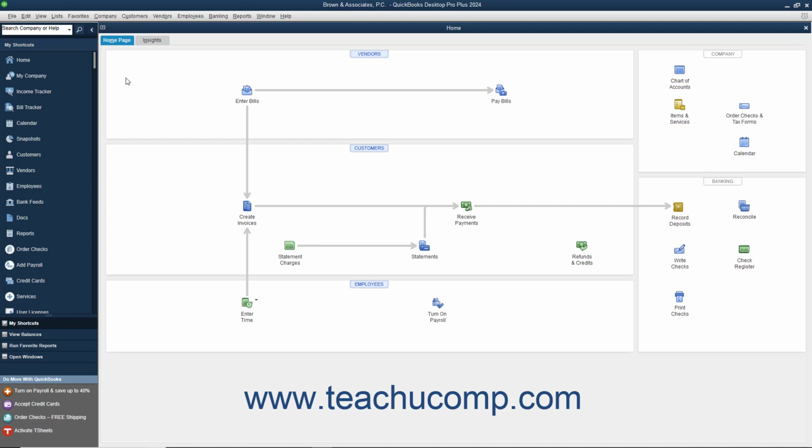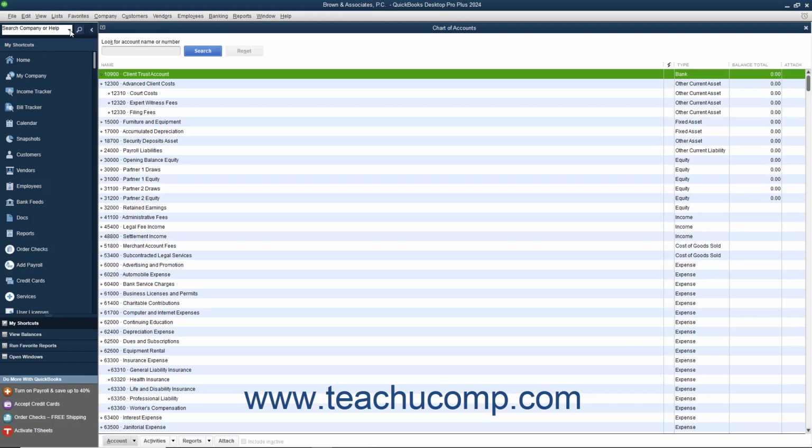You can use up to 7 digits within your account numbers, although by default you receive 5-digit account numbers. QuickBooks uses the following standard numbering convention that you should adhere to when creating accounts. Assets appear in the 10,000 to 19,999 range. Liabilities appear within the 20,000 to 29,999 range. Equity accounts appear in the 30,000 to 39,999 range. Income accounts appear in the 40,000 to 49,999 range. Expenses that are cost of goods sold appear in the 50,000 to